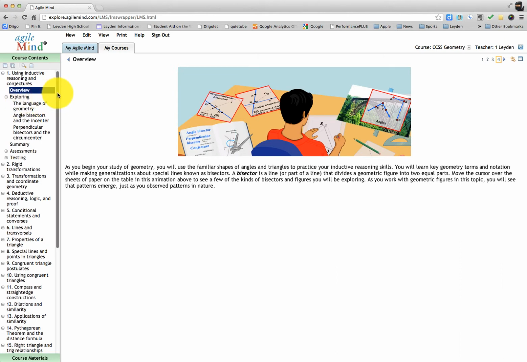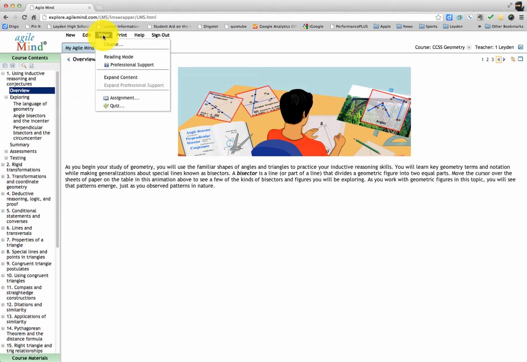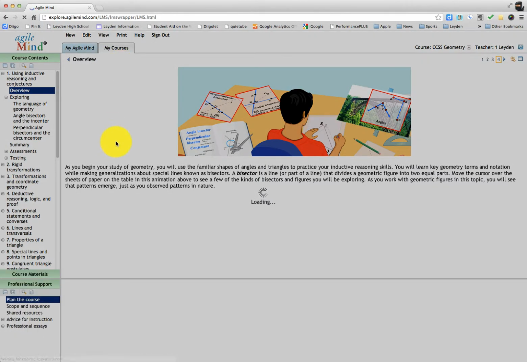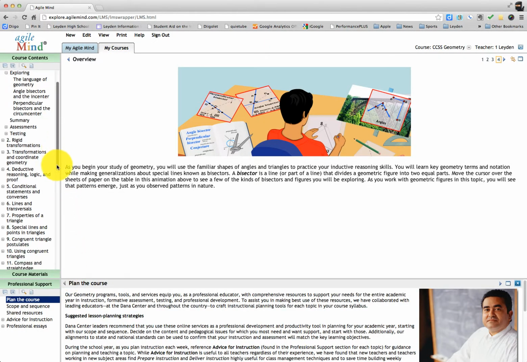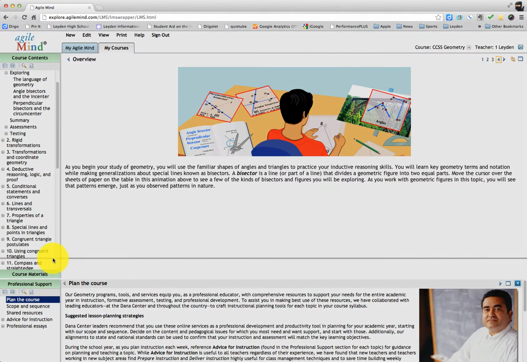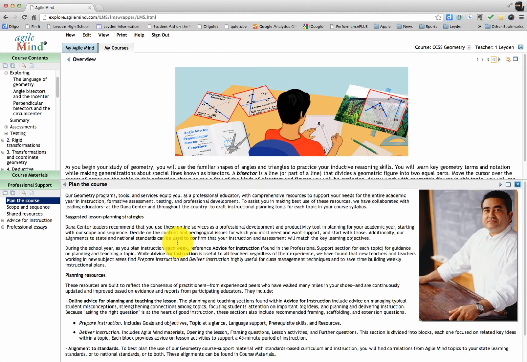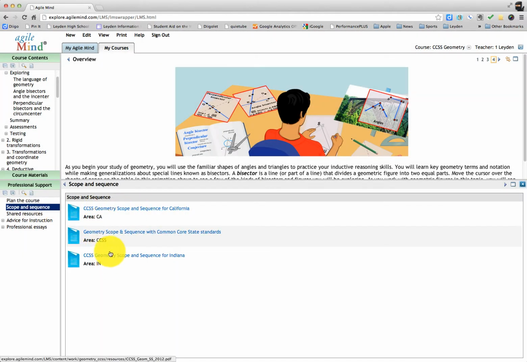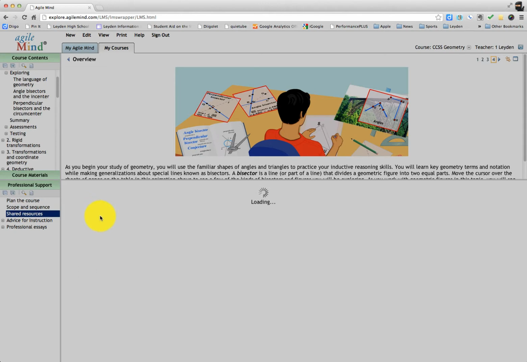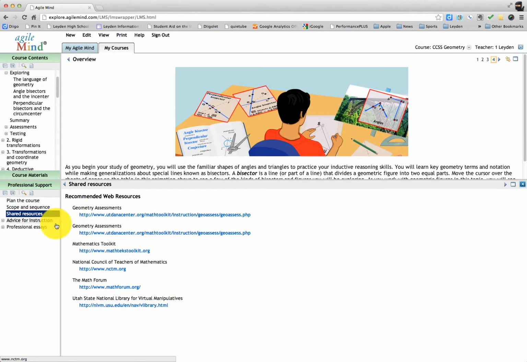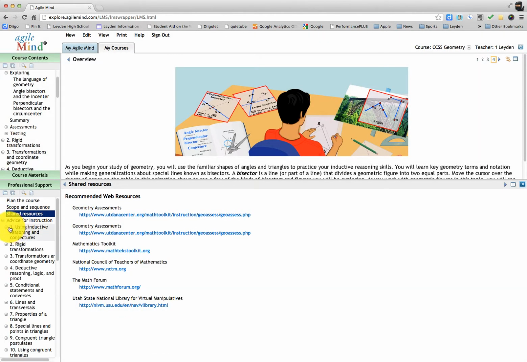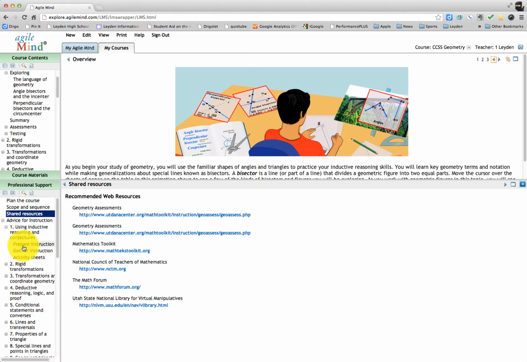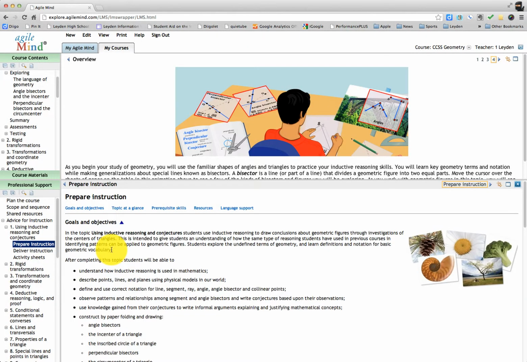You can also see here, if you go to View, Professional Support, you'll see down here in the bottom left some of the teacher materials. Again, this would be just for teachers, planning the course, the scope and sequence, and there's a few documents there, some shared resources, different kinds of assessments, advice for instruction, and it goes unit by unit, or topic by topic. So under Unit 1, it gives some ideas of your goals and objectives, the topics at a glance,